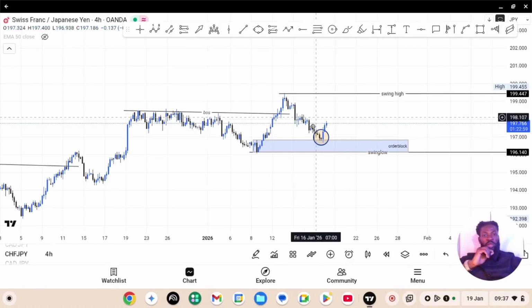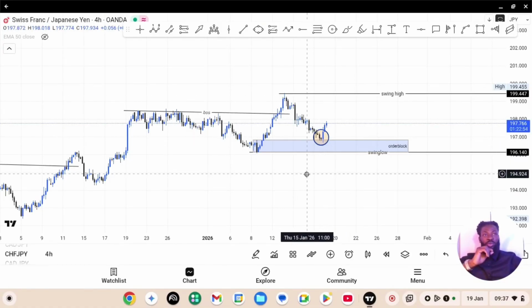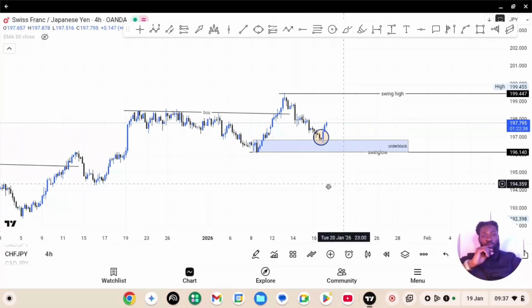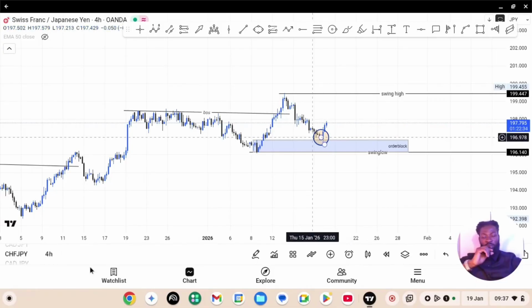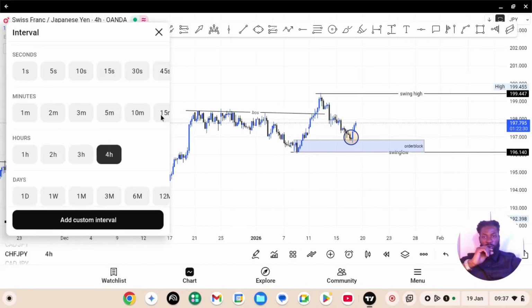All right, so when the market got to our point of interest, we move down to a lower time frame, like 30 minutes or 15 minutes, to look for a change of character, which is the market should align with the bigger time frame, the weekly, the daily, and the 4 hours. That is where we execute the market. Now let's move down to the 30 minutes time frame first and check if we have